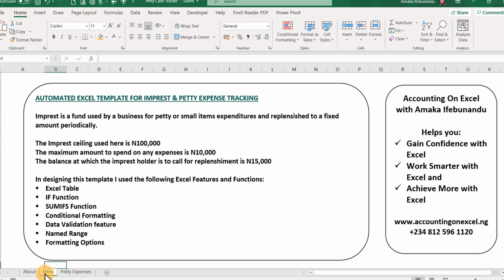The maximum amount to spend on any expense is 10,000, meaning that you can't spend on any expense that is above 10,000. 10,000 and below is what the rule states. The balance at which the Imprest holder is to call for replenishment is 50,000, so that the money can be replenished back to its fixed amount of 100,000 before it goes very low or the Imprest holder runs out of